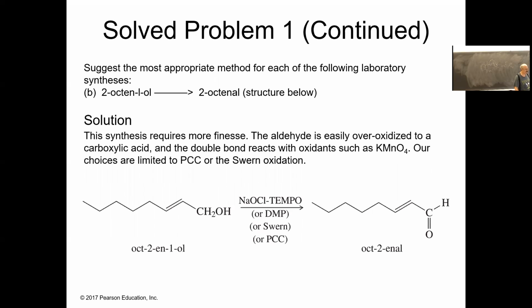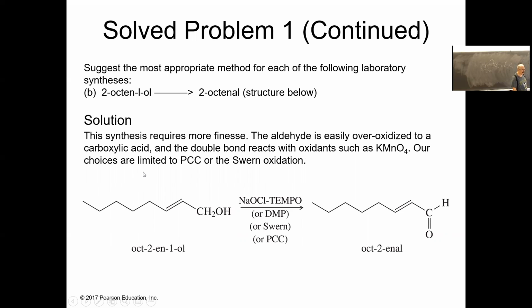Okay, here we have the conversion of 2-octene-1-ol to 2-octenal. Structure is shown there. Primary alcohol to an aldehyde. And